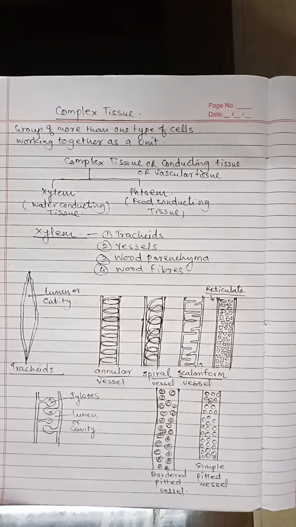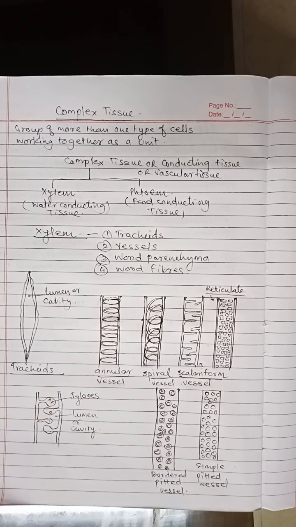Simple pits are well developed in vessels, fibers, xylem parenchyma as well as in ordinary parenchyma. They appear as circular or oval areas in surface view. Then the bordered pits. These are mainly found in the tracheids of gymnosperms and vessels of few angiosperms like Acer, Magnolia. They are really simple pits provided with a border or rim.